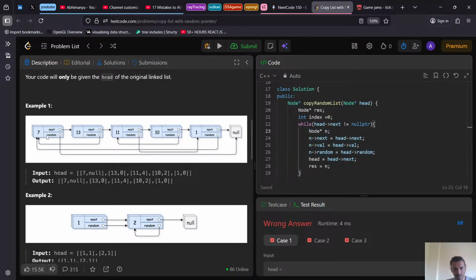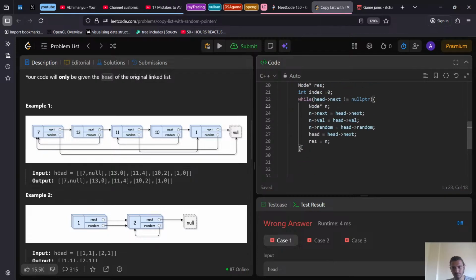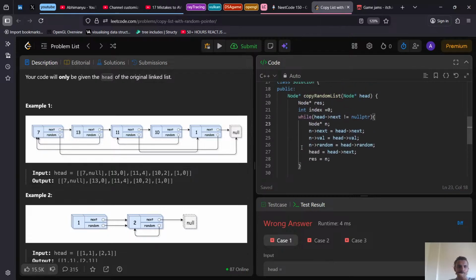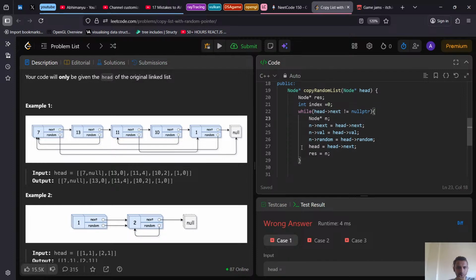We have a copy of this node, but we are pointing to this, but we don't need to point to this because we haven't even created this node. Copy of the linked list. If we are pointing to this,